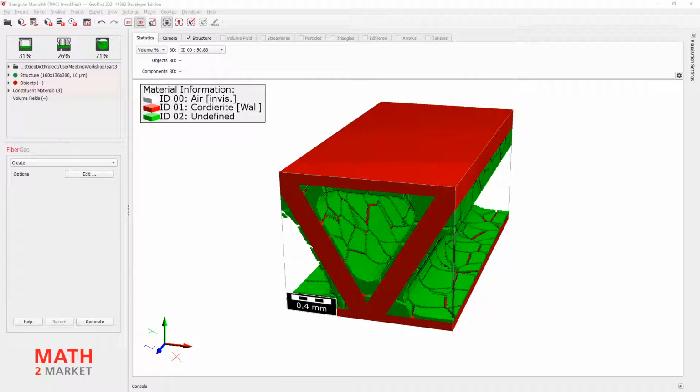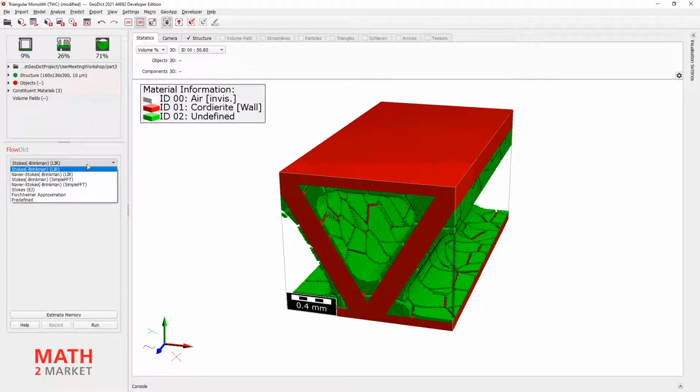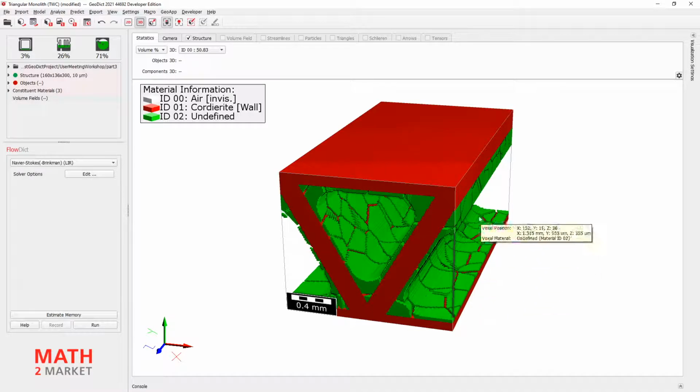Okay, and the next thing we want to do now is to simulate flow, and this is done by predict. And here we have different options. We have Stokes and Navier-Stokes, and in our case also Brinkmann. Stokes flow is a little bit faster for solving, but it's not meant for fast flows. And Navier-Stokes can solve fast flows, also like this one which we have in our catalyst packings here.